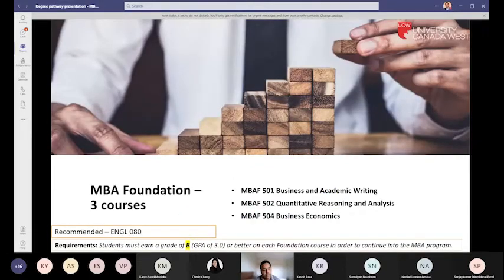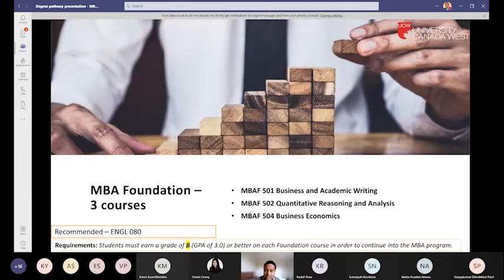So let's begin. Now, the MBA Foundation: not all of you, but some of you who are currently in the MBA Foundation will have three courses. The three courses are MBA Foundation 501, 502, and 504. They are business and academic writing, quantitative reasoning and analysis, and business economics.